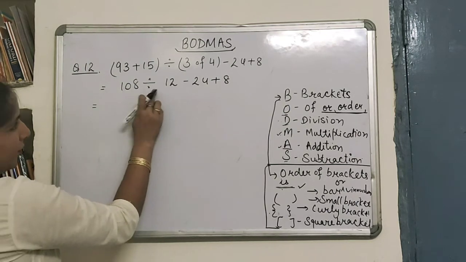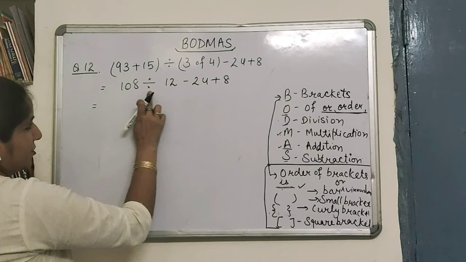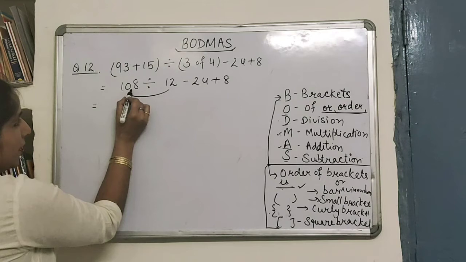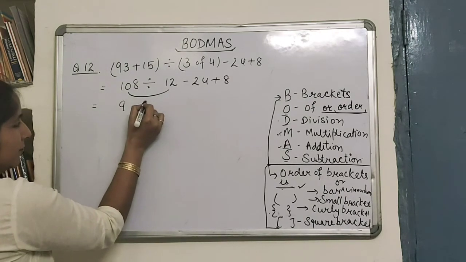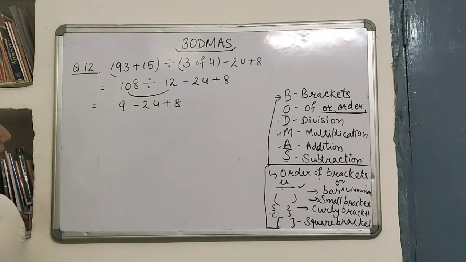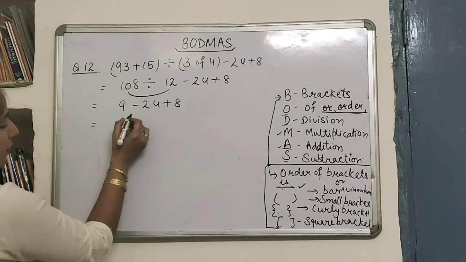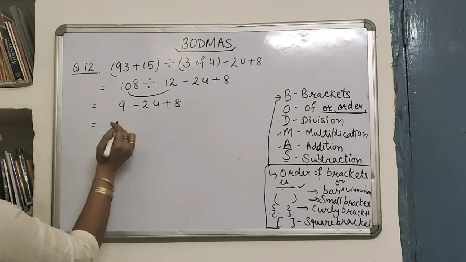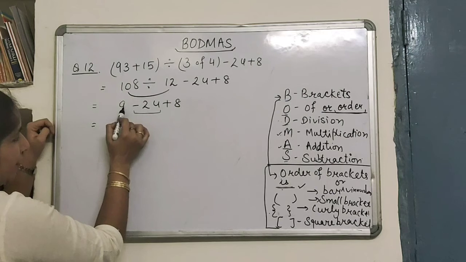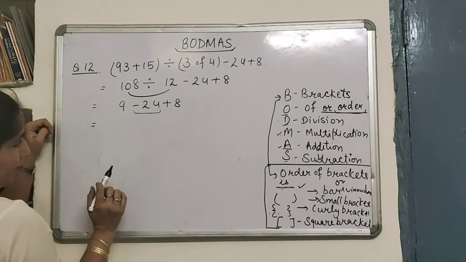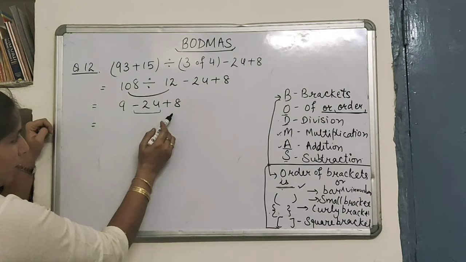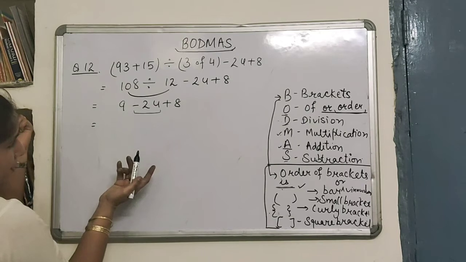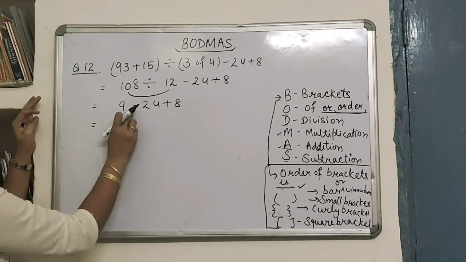Now here you can see 3 types of operations: addition, subtraction and division. So first of all we need to solve the division operation. So 108 divided by 12 will become 9, and the rest is this. Okay, now in this question, either solve this first or solve this first. This is one and the same thing. You know why? Because you can consider this as a negative integer and maybe there is an addition sign in between. Here also it is addition, so plus sign is here, plus is also here. So in any method you can solve it, no difference here.